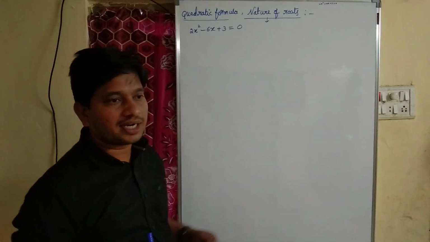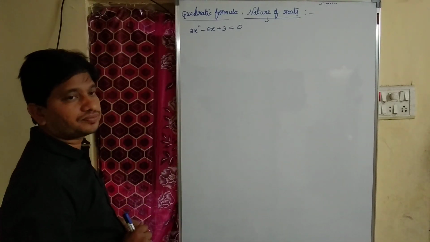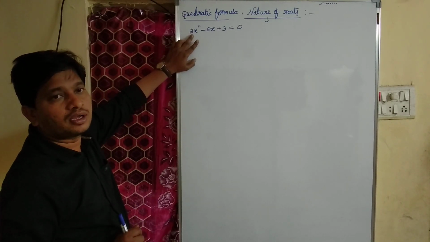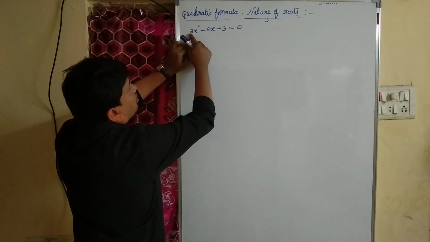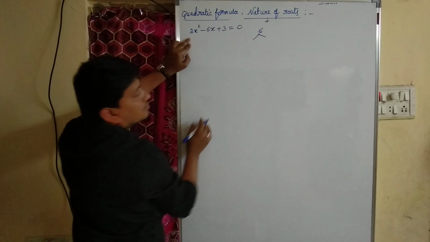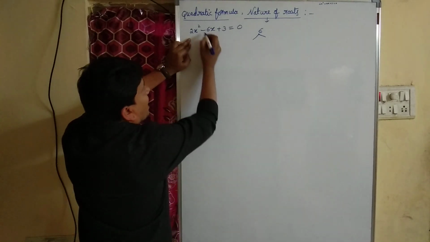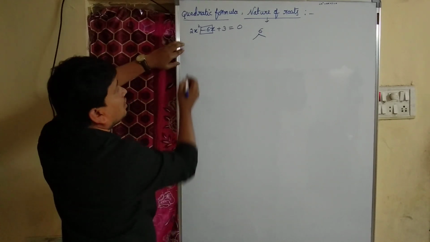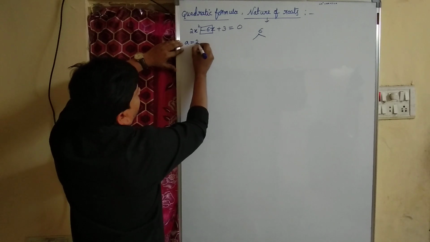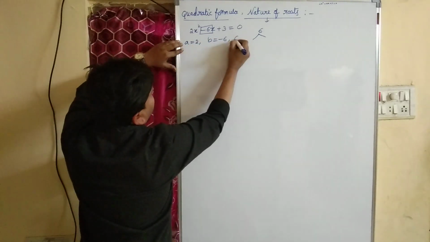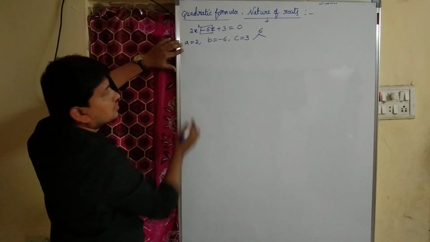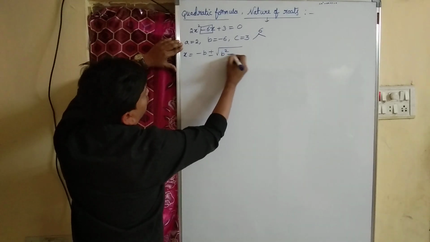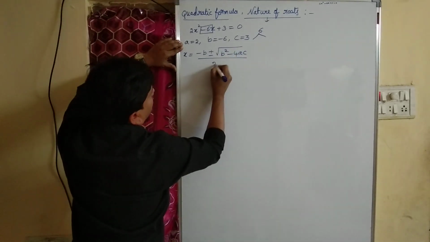Okay. So in this case, let us find the roots of the quadratic equation. Is there any possibility to find the roots of the quadratic equation by using factorization here? See, 3 into 2, 3 2 is 6. So as the middle term is minus 6, we cannot find. So we have to go with the quadratic formula. Here a value 2 and b value minus 6 and c value 3. We have the formula x equal to minus b plus or minus root over b square minus 4ac by 2a.